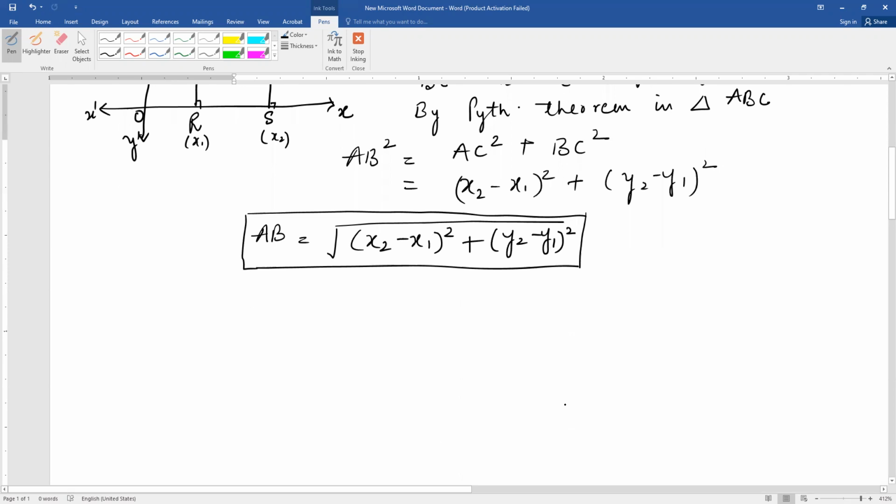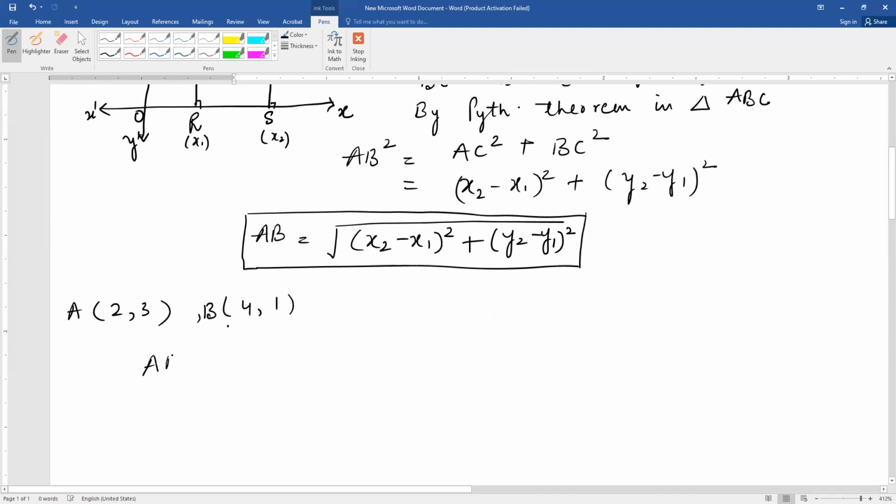ध्यान रहिए क्योंकि ये डिस्टेंस है, सो we have to take only the positive value. रूट के बाहर जब हम निकालेंगे we have to take only positive value because it is distance. Negative value is neglected. Let us take one of the questions of your exercise. For example, you are supposed to find distance between 2 points, say 2, 3 and 4, 1. Let us name it as A and B.